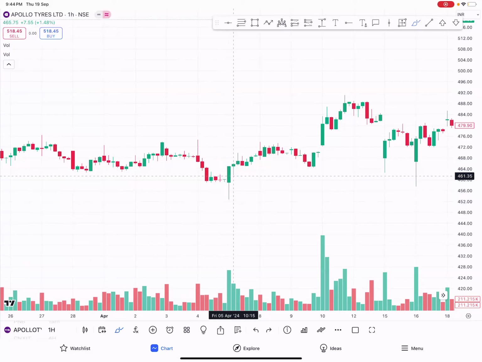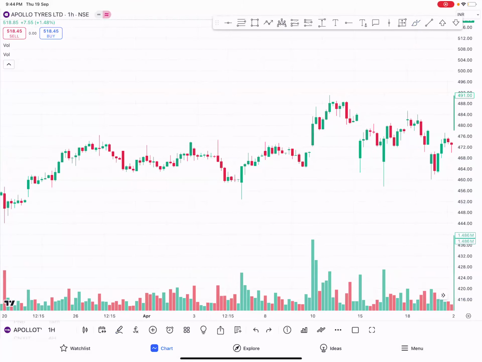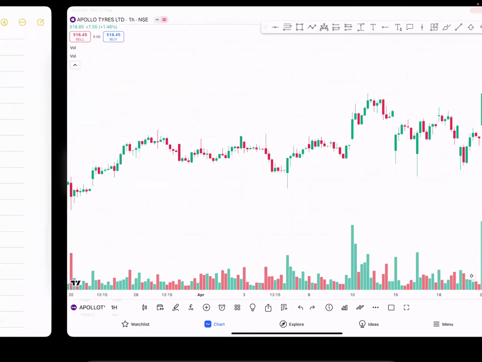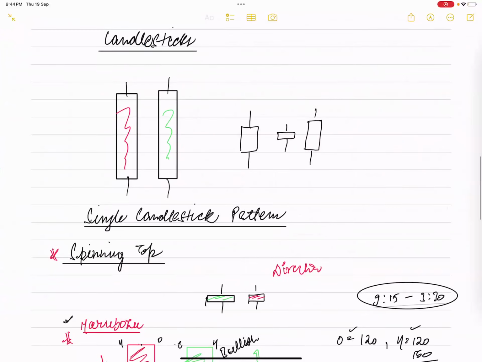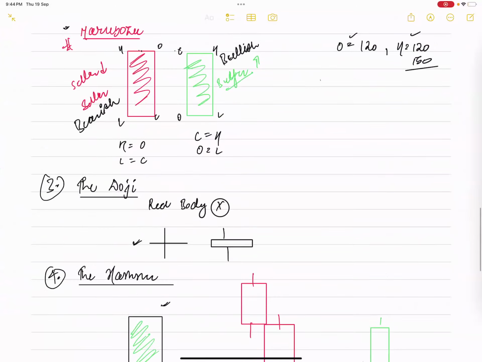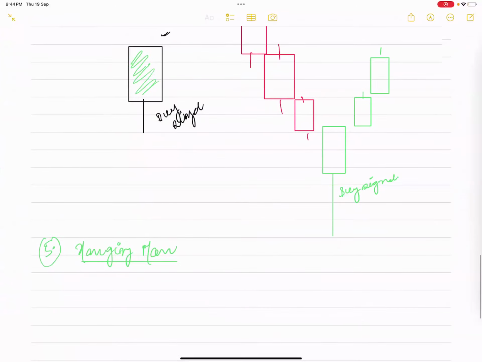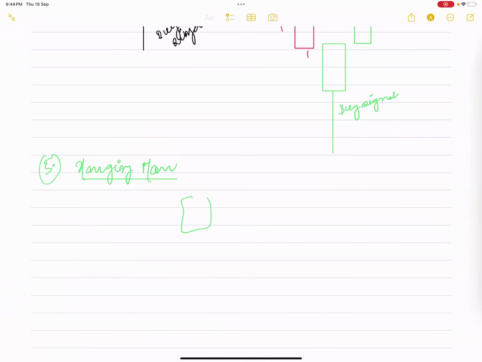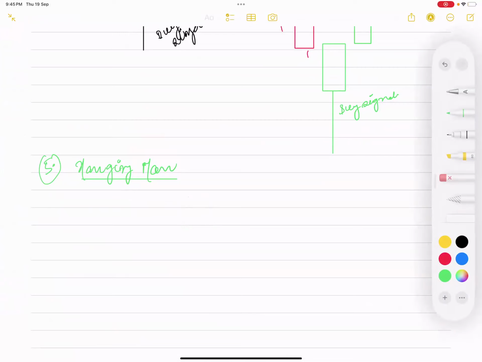Yeah, that's right. So likewise, you can just recognize and you'll be able to see where the hammers are being formed. Likewise, the hanging man is the opposite of this, if you observe, it'll be the reverse of this particular thing. So this is the pattern that is being formed. Now, for example, when the market is going up and there is a hanging man, the name suggests that it's like a man hanging upside down. You will be able to get it from that.